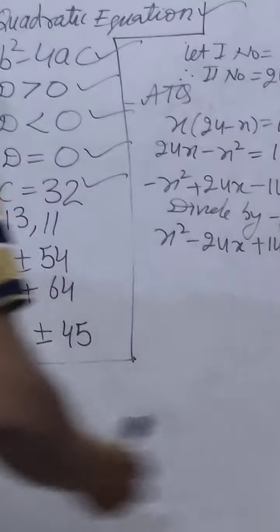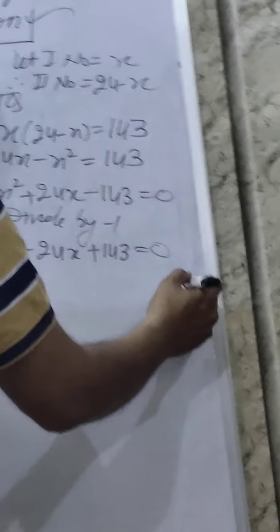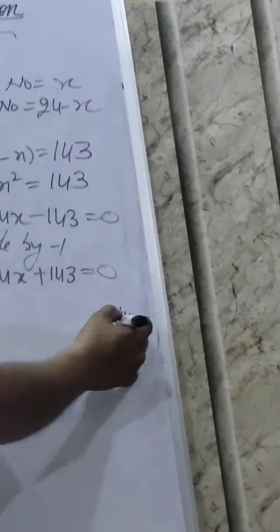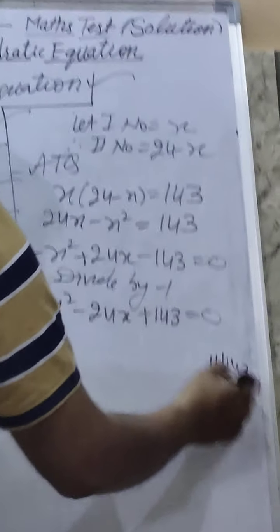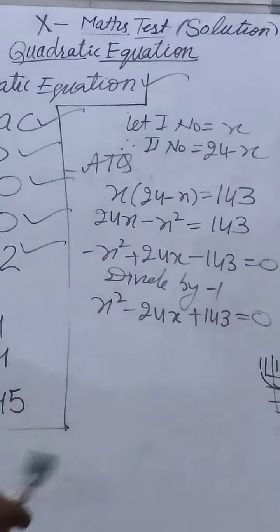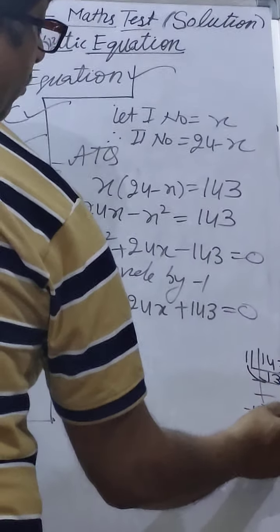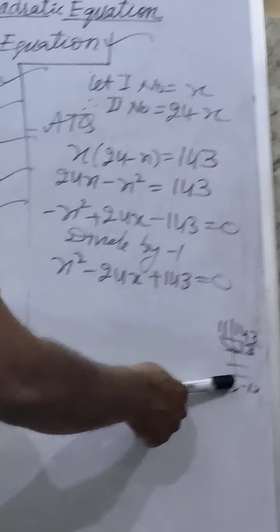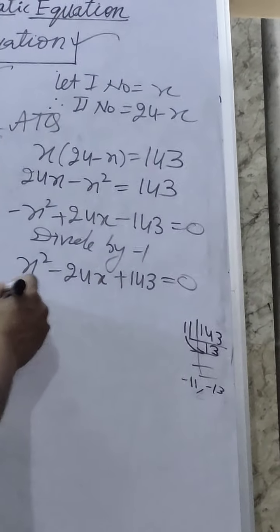So now you make the factor. If you multiply, then 143 will come. Clear this? And what are the factors you see? If I say divisible by 11, 11 ones are 11, 11 thirteens are 143, very simple. If you multiply, then 143, add and subtract 24. So minus 11 and minus 13. Minus minus plus. Minus 11, minus 13, minus 24. So these are the factors.